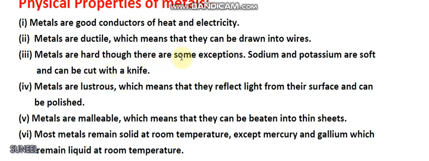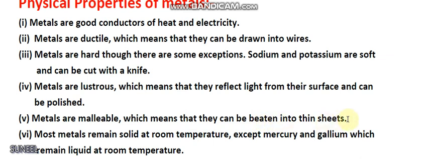Though there are some exceptions like sodium and potassium are soft metals and can be cut with a knife. Then metals are lustrous, which means that they reflect the light from the surface and can be polished. Then metals are malleable, which means that they can be beaten into